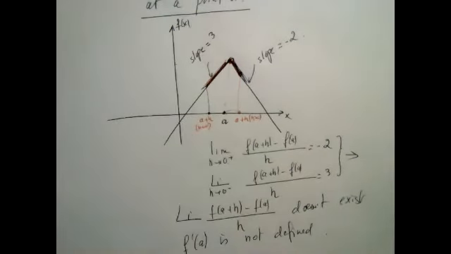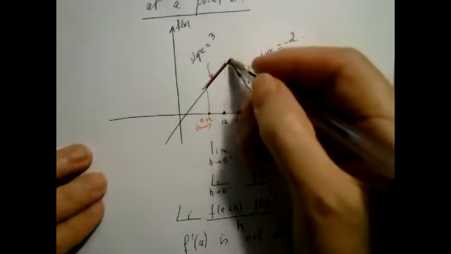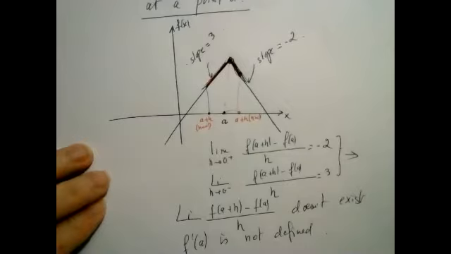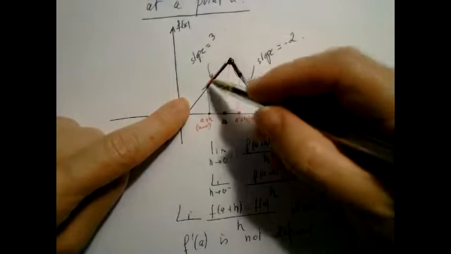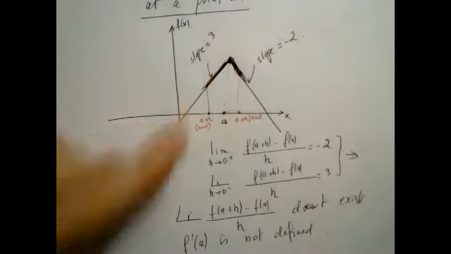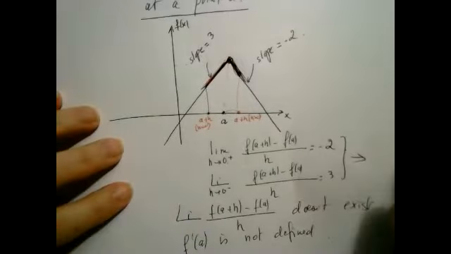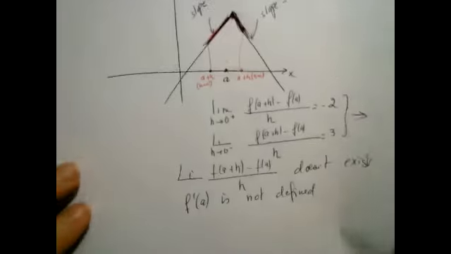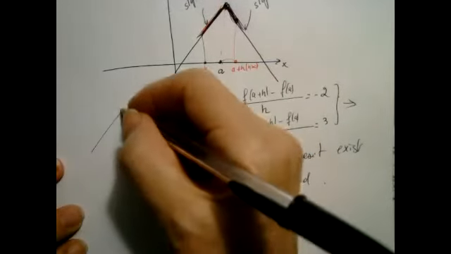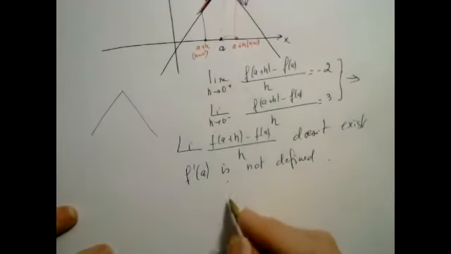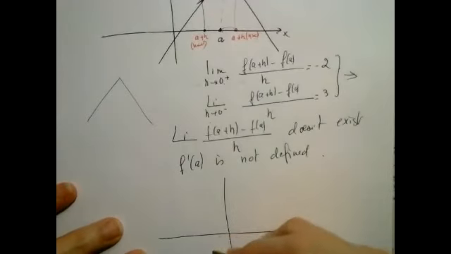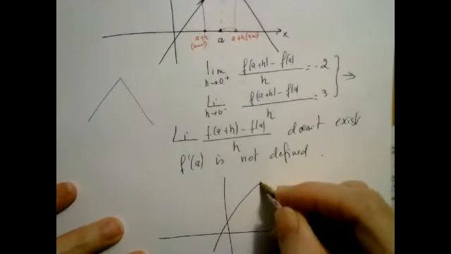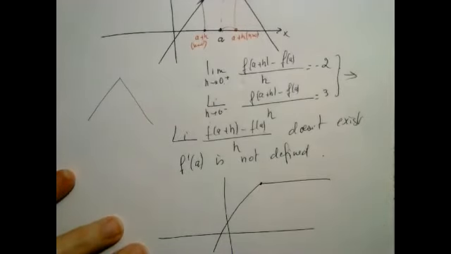There is no derivative. So one of the important scenarios where the function doesn't have a derivative is when the function exhibits a very clear corner at a point. The reason is I need a tangent line. I don't have one. I have one from the right and another one from the left. So that's one picture. Here I took two lines to make it fairly clear. But even if I didn't take two lines, if I take a picture that looks like that, something like that, and I create a corner,